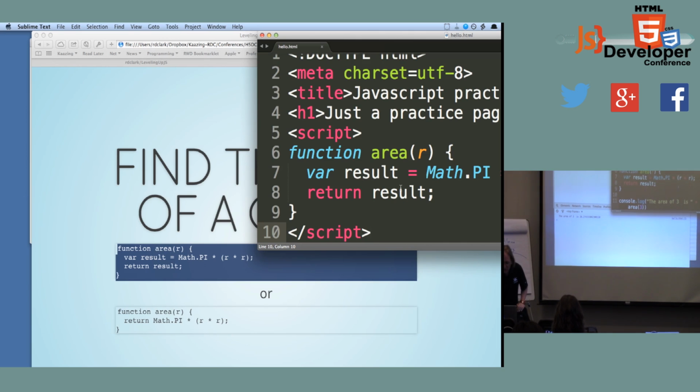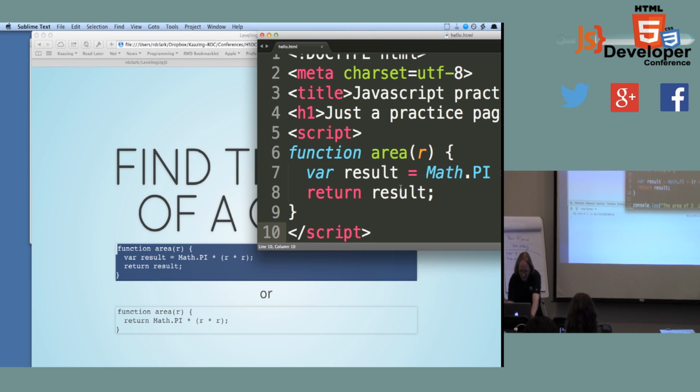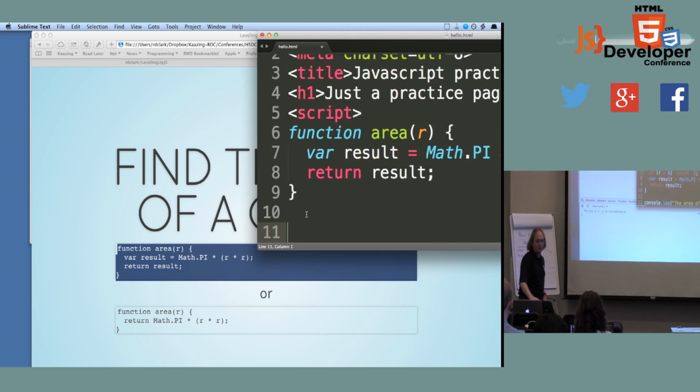So the word return does two things. It takes the value and hands it back out of the function. It also terminates the function. It stops the function. So sometimes you'll see people do things like, I'm getting a little ahead of myself here, but let's say I don't want to try to take the area of a circle of negative size. I could say, well, if r was less than 0, return some value like -1. And so that would take a shortcut out of the function. It would test something. If that test was true, it would run out of the function immediately. Otherwise, it would continue on the line beneath it.